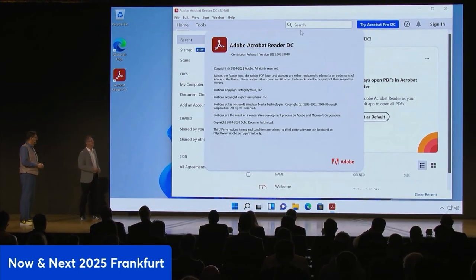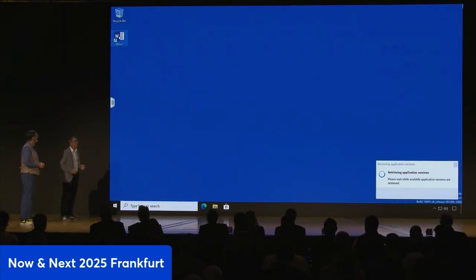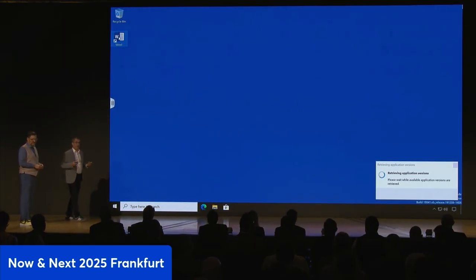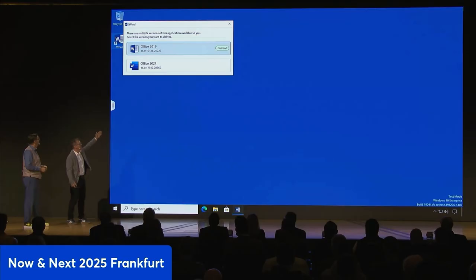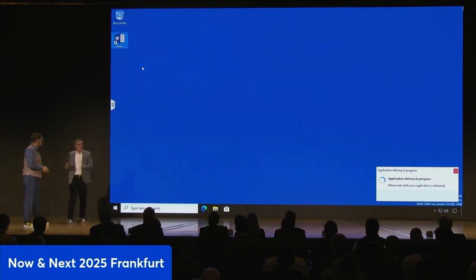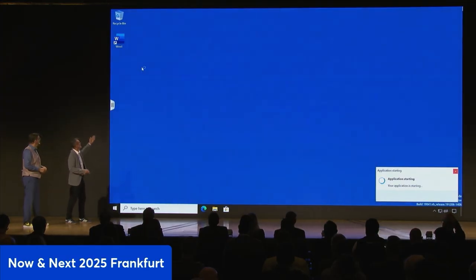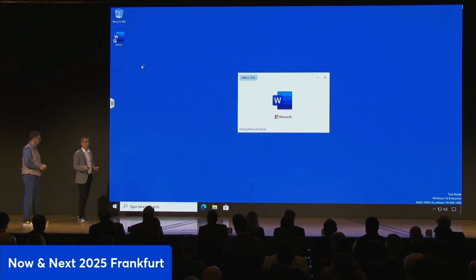Awesome. Now let's take this a step further. You can even do more. Because of App Volumes and apps on demand, you can even ask the user which version they want to use. So maybe they have some time. They're going to try the new version. We're not going to tell them to go to a different VM to do user acceptance testing or try a different machine in a foreign land. This is something that they can do right then and there as part of their process, which means you're going to get better fidelity from your users testing your applications.